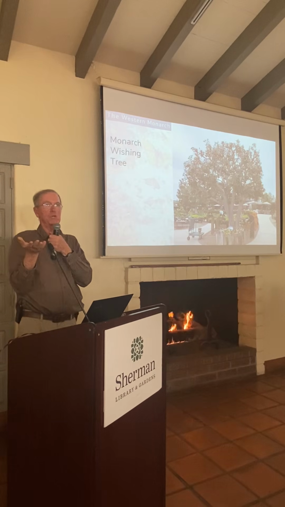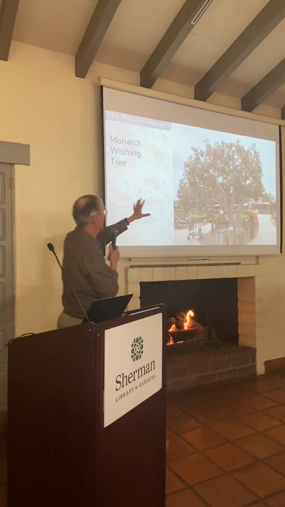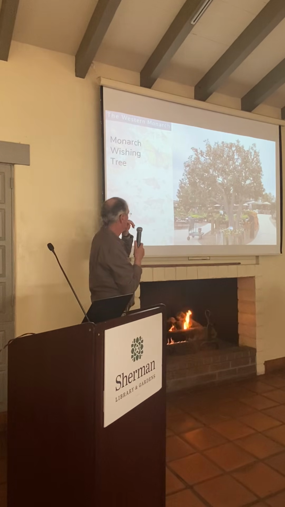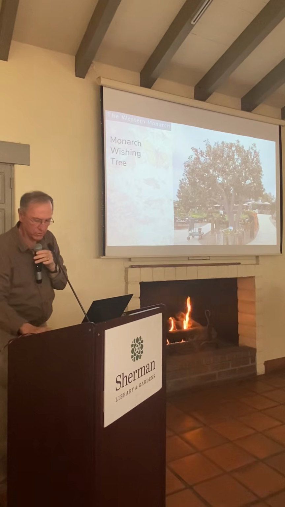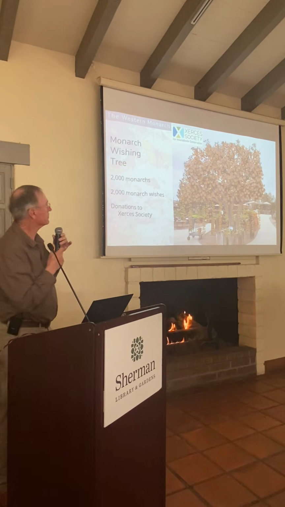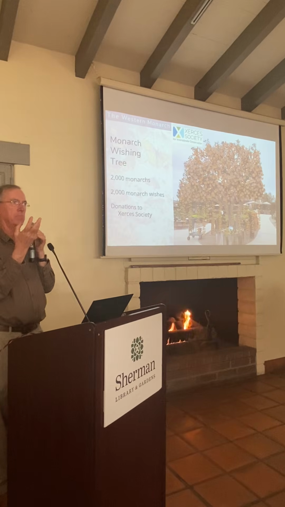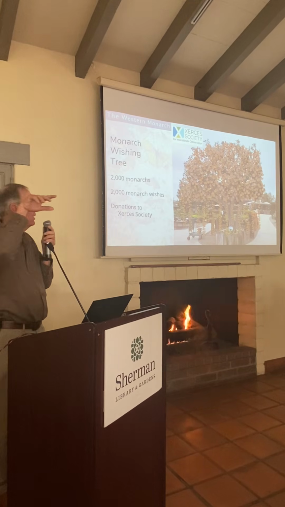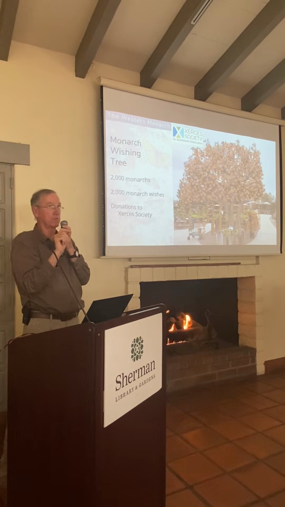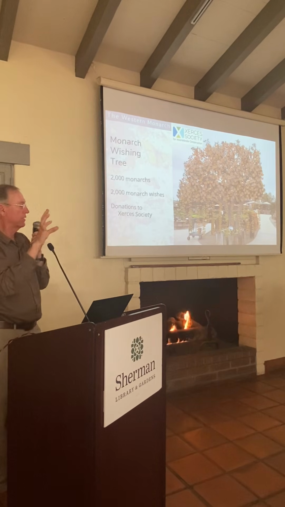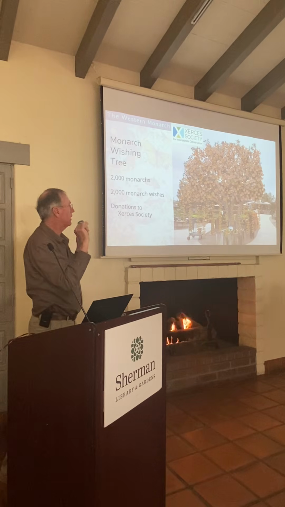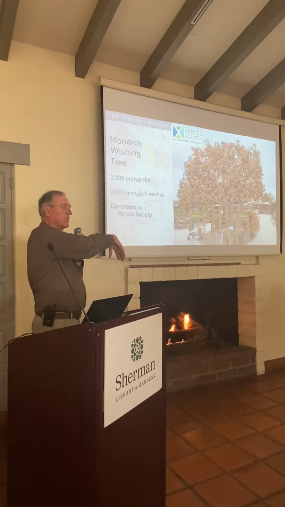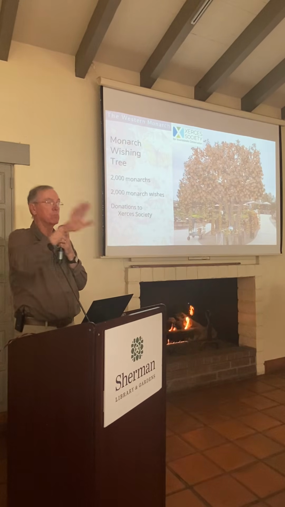And so we're going to launch a wishing tree. We're taking this tree, which is pretty iconic, in the middle of our nursery, and we're going to offer little monarchs made out of wood. We're having them made by a guy in Alabama. He's carving them as cheaply as we can have them done. We're going to stain them orange, and you'll be able to walk in and add a monarch to that tree if you make a $5 donation for monarch conservation.